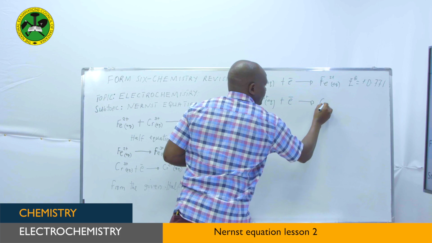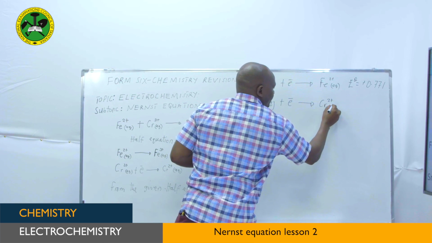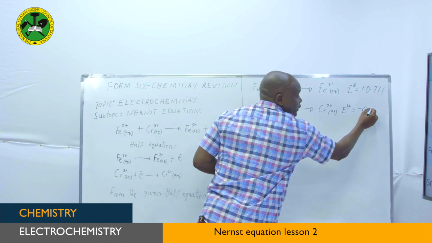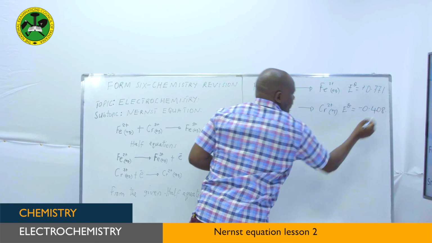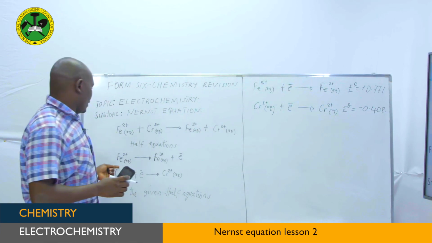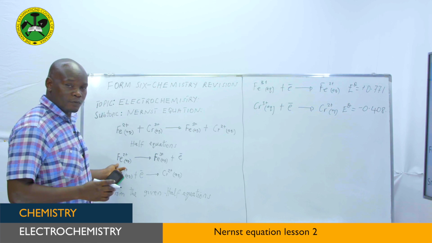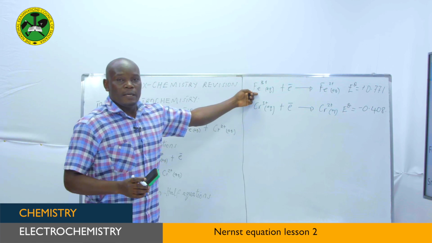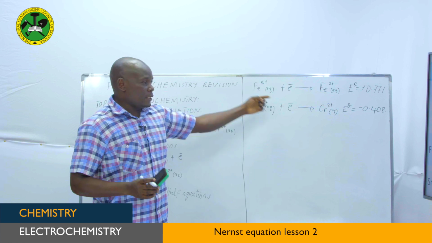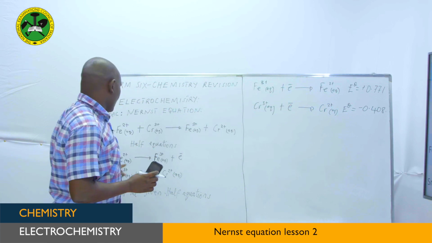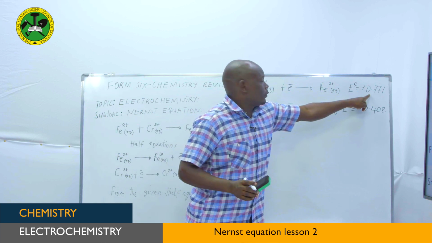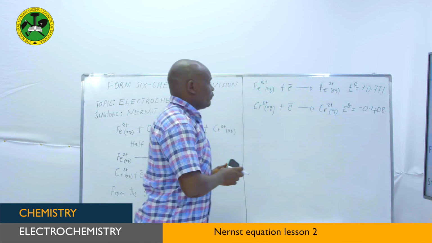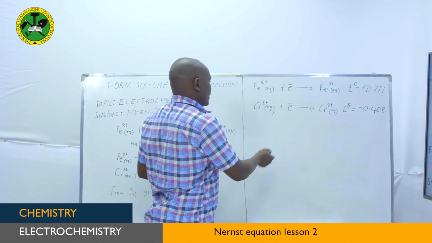Now, in comparison, the half equation from our given equation for iron is opposite to that of the reduction half cell equation that we have been given there. So now the standard electrode potential for iron will change its sign from positive to negative. So if it's from positive to negative, now we can convert